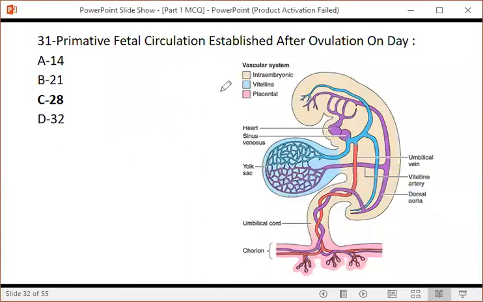Primitive fetal circulation is established after ovulation on day